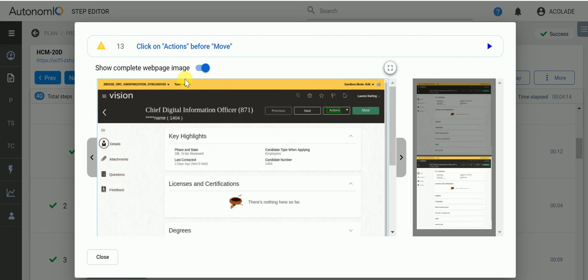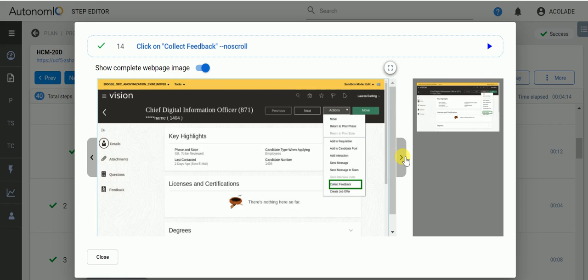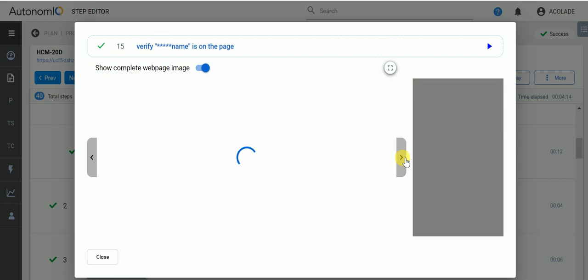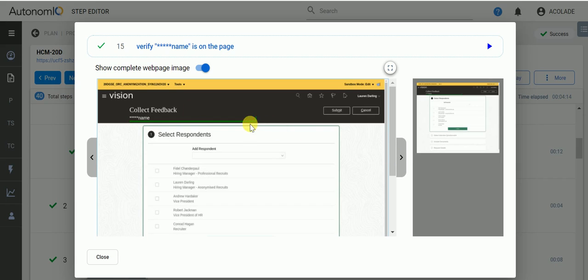The next step is to click on the actions button, which it does in this step, followed by menu drop of collect feedback. It clicks on collect feedback. It goes into the next page and validates that the name again has been masked and there's no picture against that name. In normal instance, there would have been a picture and the name would have been displayed, but as